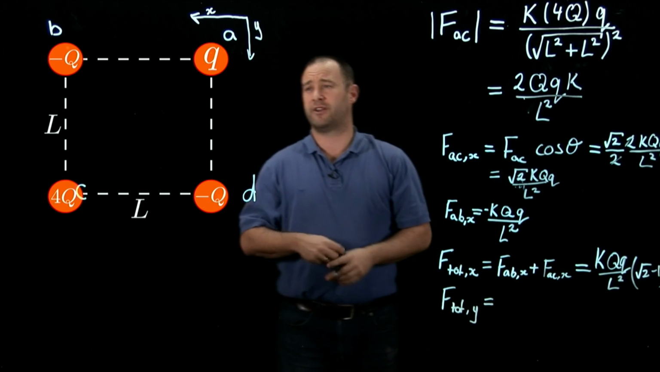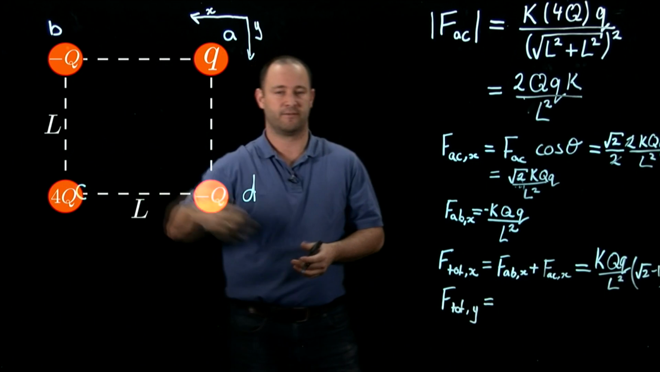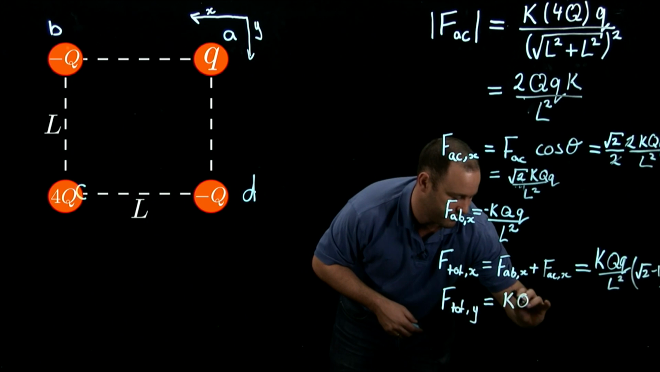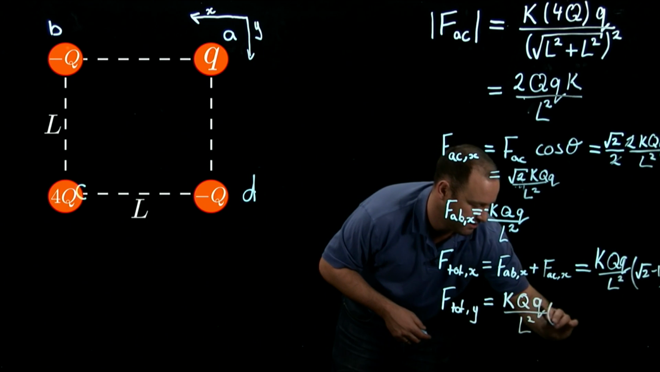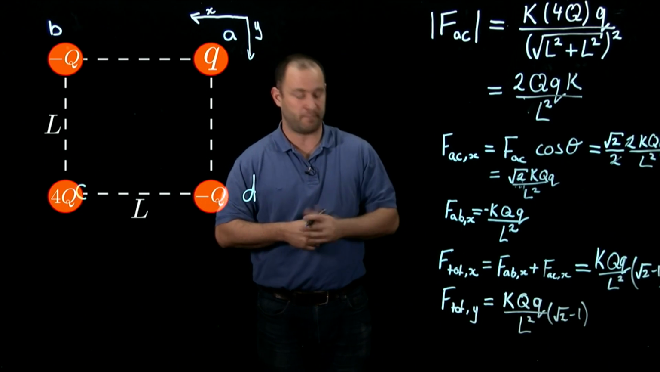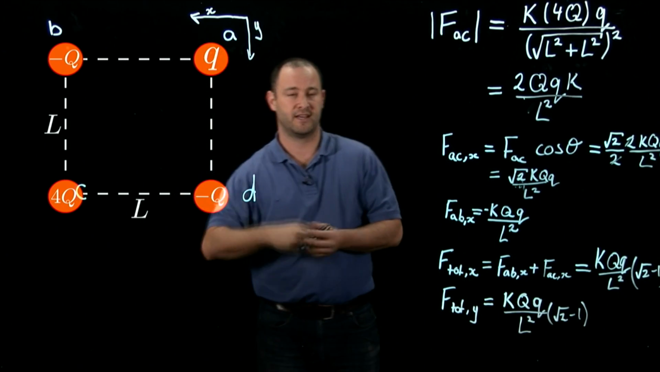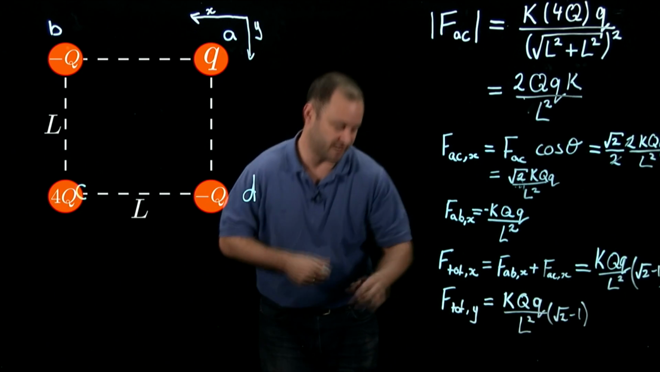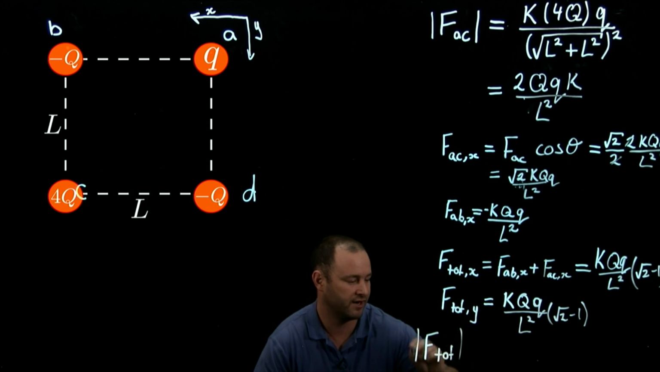Okay, F tot in the y direction is simply exactly the same because this problem is symmetric about that 45-degree axis. So I can simply write this down. F tot in the y direction is the same, of course going in the y direction rather than the x direction, K Q q on L squared, square root 2 minus 1. And of course, the final step is I want to calculate the magnitude of the total force on this object. The magnitude of the total force is just the square root of the sum of the squares of this thing. Okay, so I can finally write F tot, and remembering I've been very lazy and